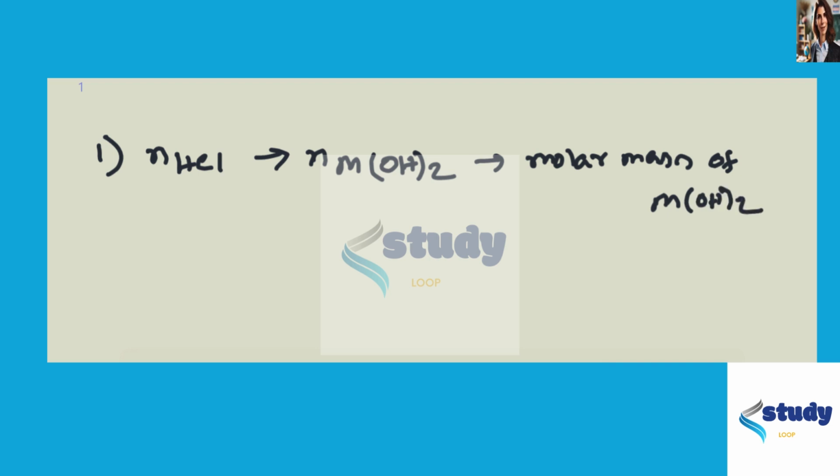And from there, subtracting the mass of this OH2, we can find the molar mass of the metal, and from there we can identify the metal. So our first step here will be to find out the number of moles of HCl, which